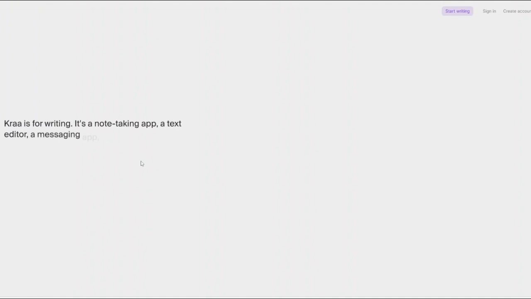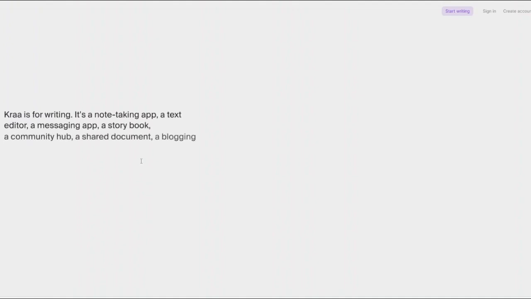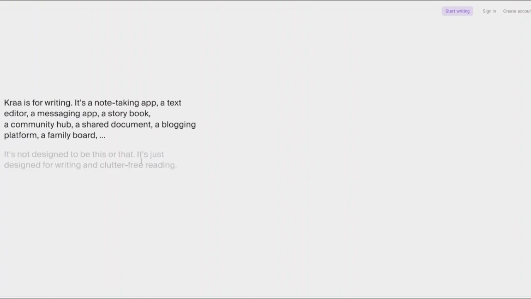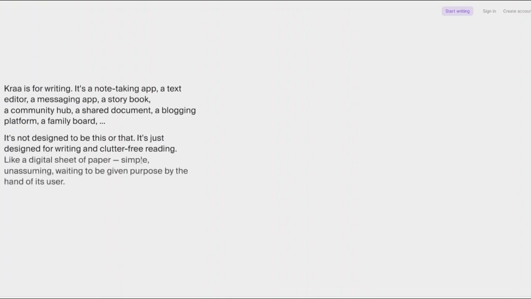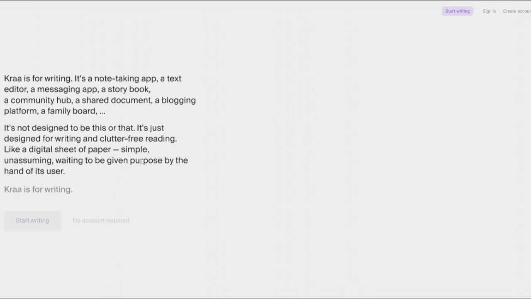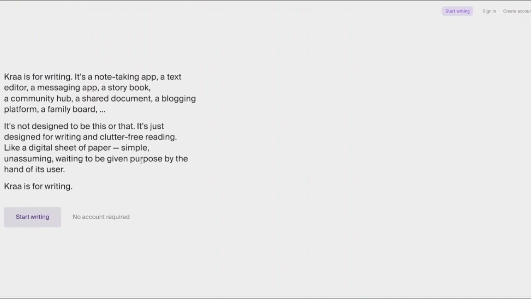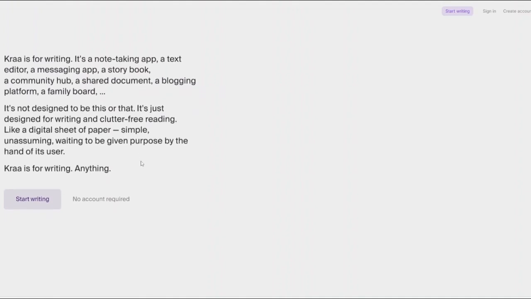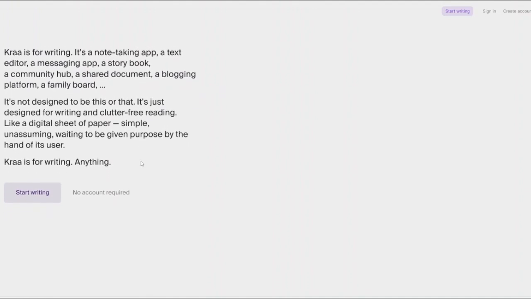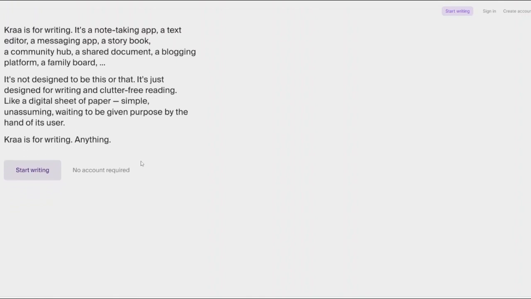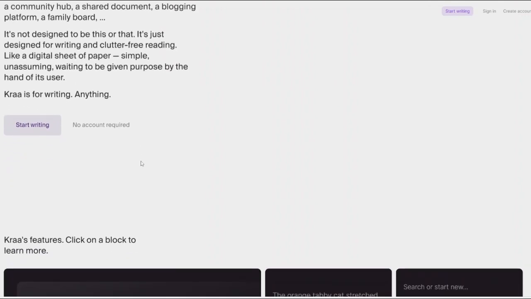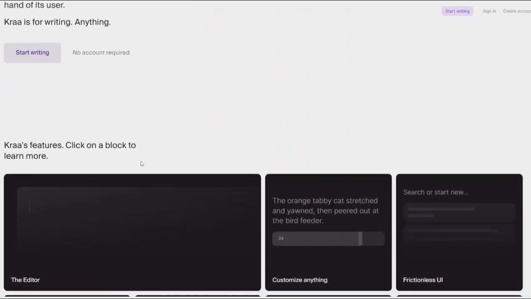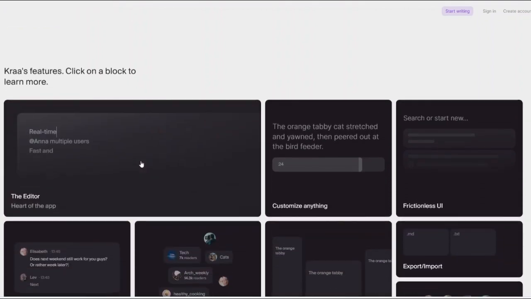Writing should be easy, fast, and distraction-free. Instead of packing the app with endless menus, buttons, dashboards, and widgets, Cra strips everything back to what matters most, your words. At its core, Cra is a web-based writing and note-taking tool designed for people who write frequently. That could be writers, students, bloggers, remote teams, researchers, or even people who just want a clean space to think